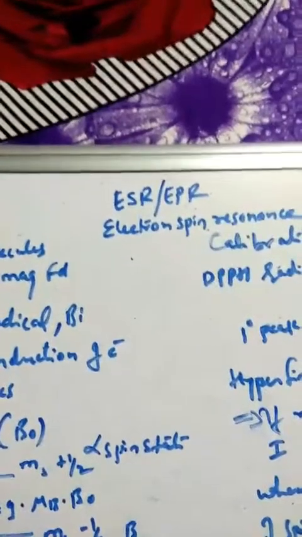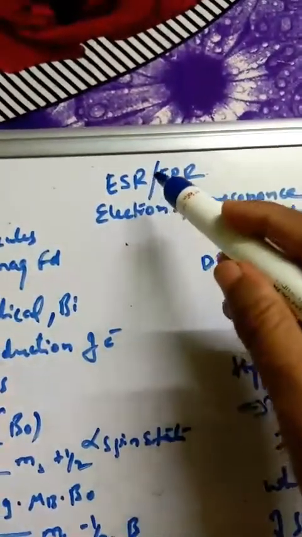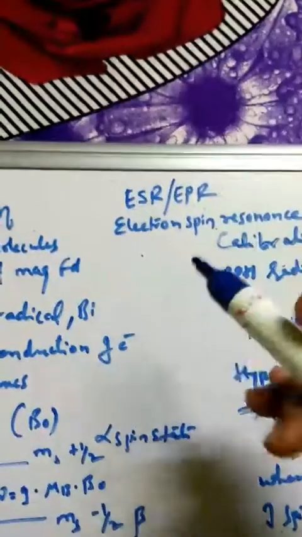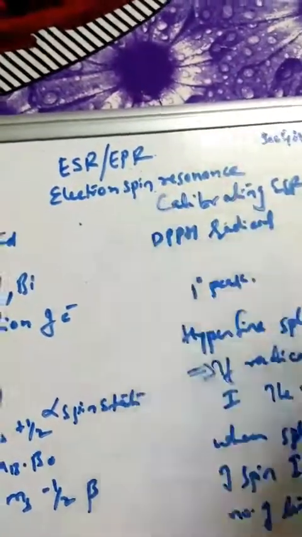Hello students, so today we'll go for the next unit, that is unit 3. Unit 1, unit 2 we completed, so we will go for the next unit, that is 3, that is ESR. They have given spectroscopic. We will start now. So that is ESR, electron spin resonance, or it's also called electron paramagnetic resonance.